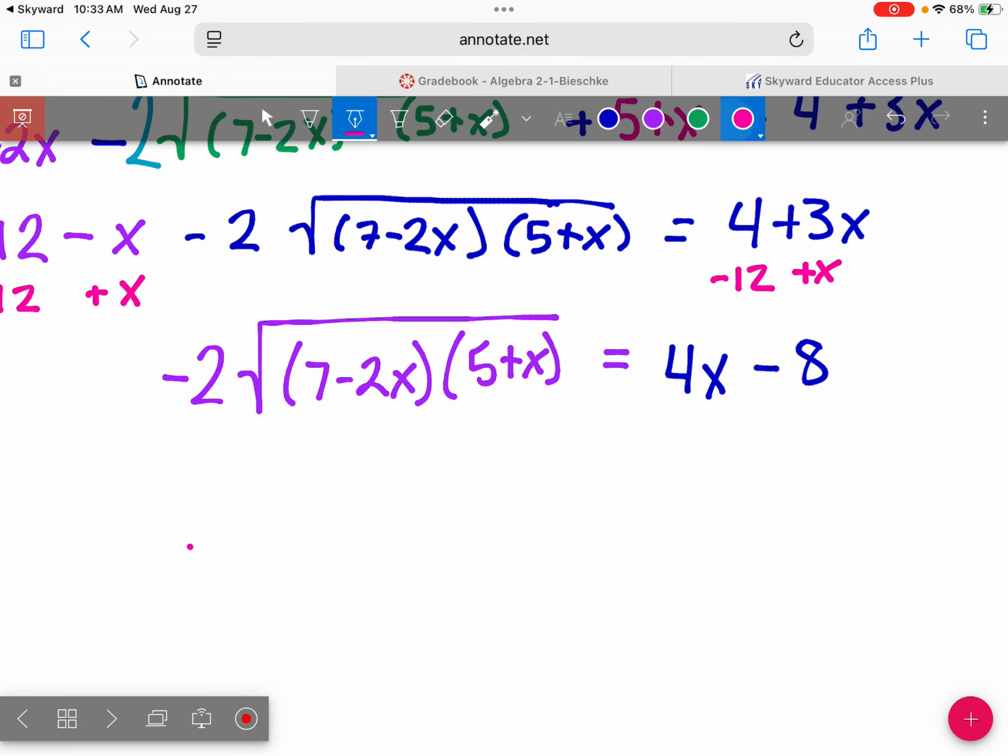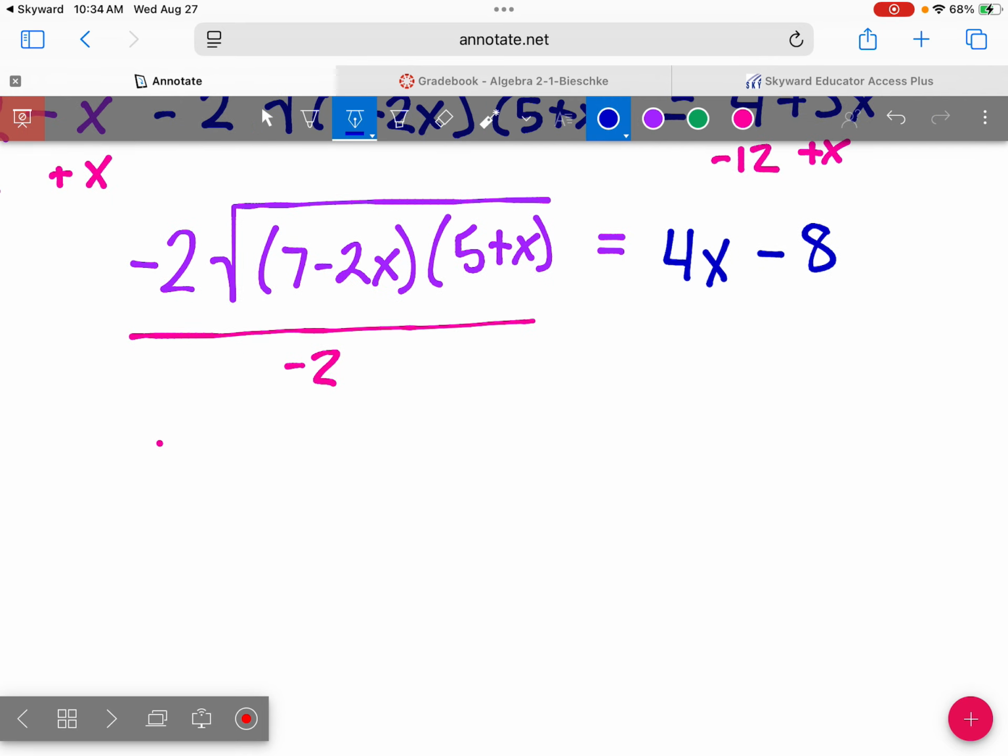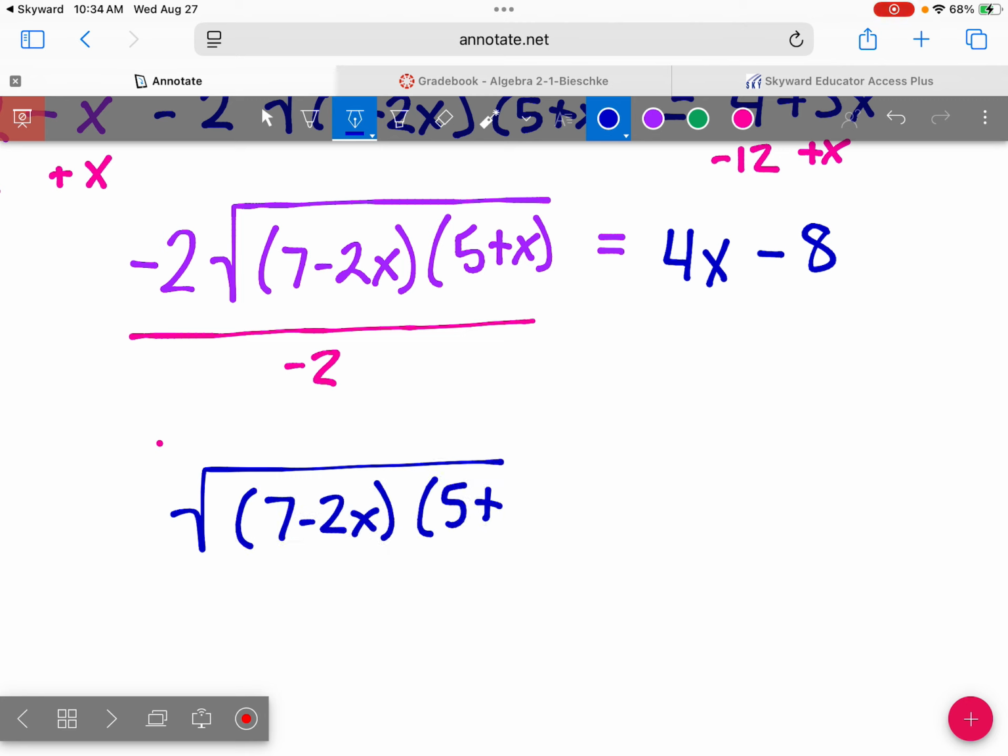What should we do next? Divide by negative 2. I recommend it. The reason we can do it this time and that we didn't want to last time, 4 and 8 both divide by 2 nicely. I'm not going to wind up with a fraction over here. If we were going to get a fraction over here, then we might consider leaving it here to square. But since I'm not going to get a fraction, let's be rid of it and not have to worry about it. So we're going to now have our square root of 7 minus 2x, 5 plus x,